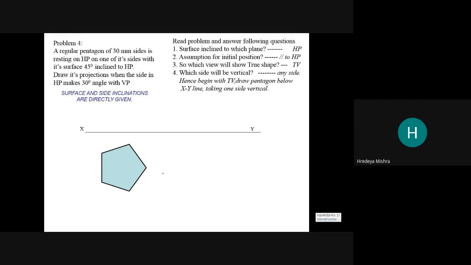Okay. Now next, we draw the projection A, B, C, D, E, and now we start the drawing. So we get the projection on the XY line. We name A dash, B dash at one point, C and E at the same point because of overlapping, and here is D dash. A, B, C, D we get here.